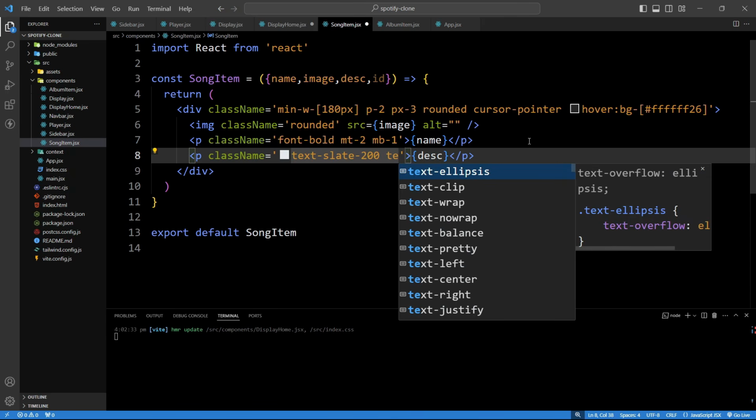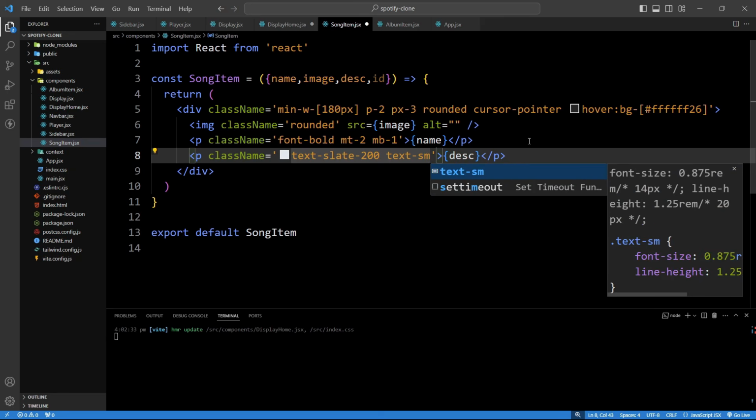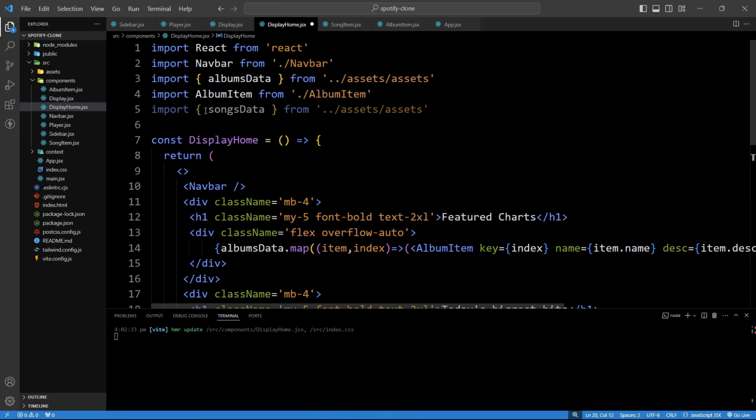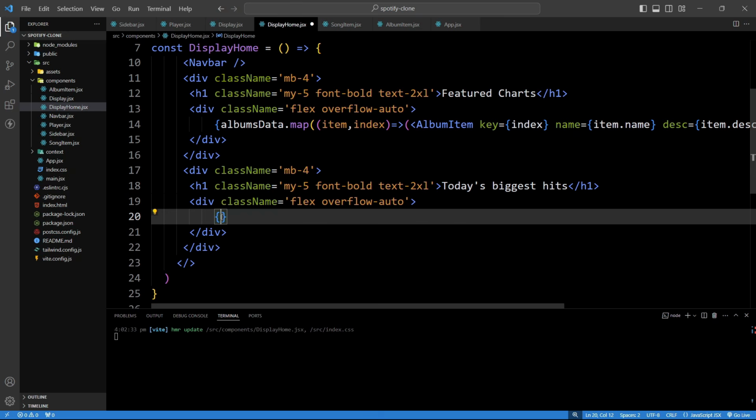Then we will add the text small, save the changes. Now the UI for this component is ready. Now using this, we will map the song data. So here just add songs data dot map method, and here we will pass one arrow function,